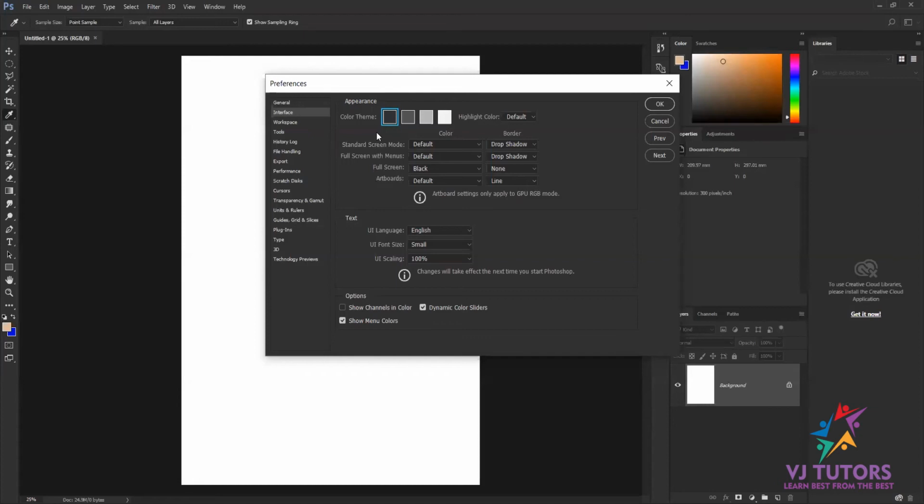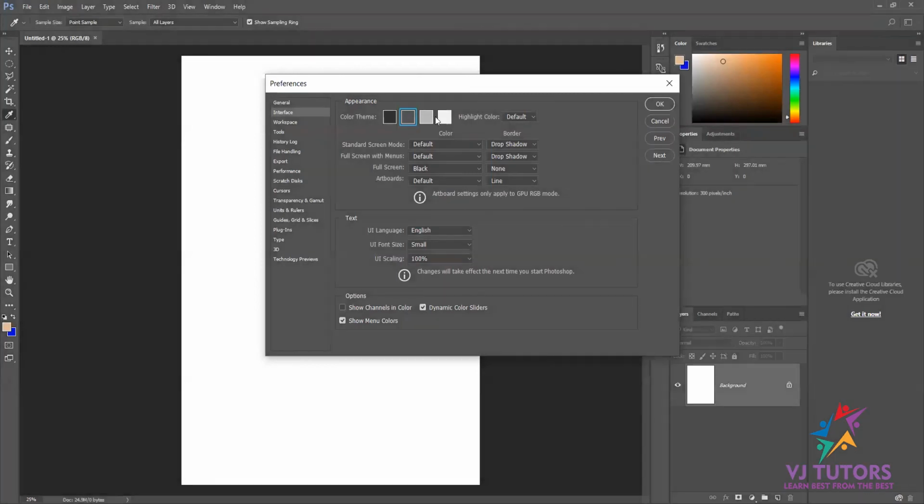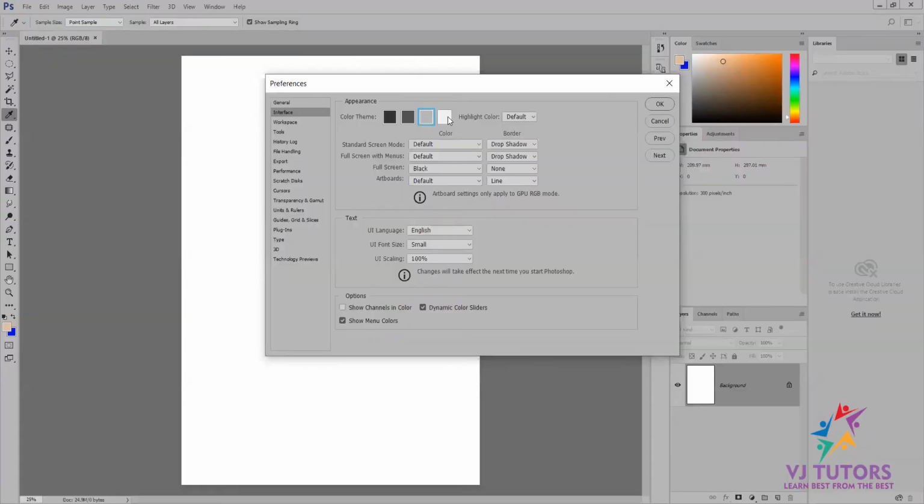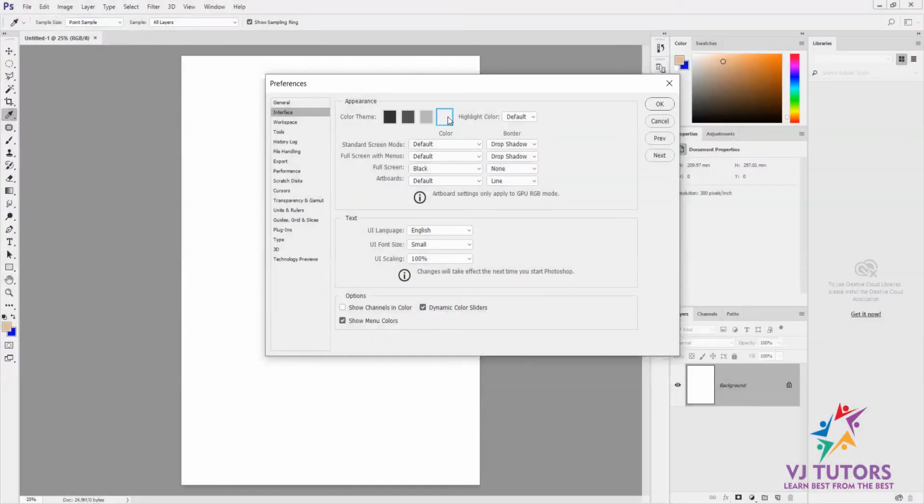In the Interface, I have some color themes here. In the color themes, we have dark, semi-dark, light, and then total light. So we have a total of 4 color themes in Photoshop.